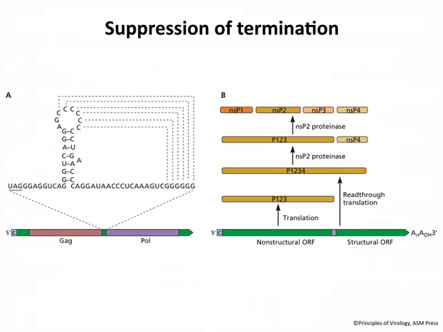On the right is an example of another family of plus-stranded viruses, the alpha viruses. These have plus-stranded RNA genomes that are capped, and they also have two open reading frames separated by a stop codon. So the ribosomes come onto the 5' cap. They translate this first open reading frame, and then there's a termination codon there. But the second part is a structural open reading frame, which can't be accessed. Again, suppression of that about 5 to 10% of the time gives rise to the structural protein. So a number of viruses employ this suppression to expand the coding capacity of their genomes.